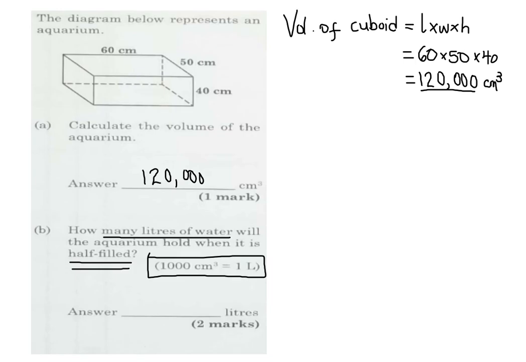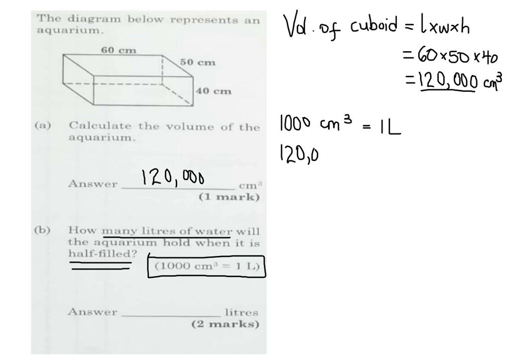So if I have to convert my volume from cm cubed into liters, I have to use my conversion rate. So let's write down what our conversion rate is, right? Our conversion rate is 1,000 cm cubed is equal to 1 liter. So what I'll do now, I'm going to divide my volume in cm cubed by 1,000. And when I do that, I'll be able to convert my volume into liters, right? So we're going to divide